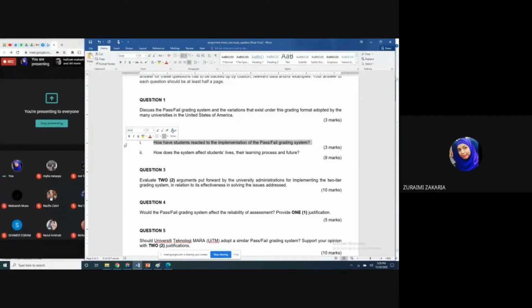So read a number of articles, not necessarily just the 3. So artikel ni pun, it's not research article. These are just newspaper article. So language lebih senang untuk difahami, and it's something that you can identify yourself to because these are what students are experiencing during the time of pandemic. Okay, dan kena ada kefahaman juga komponen society structure di US tu bagaimana.